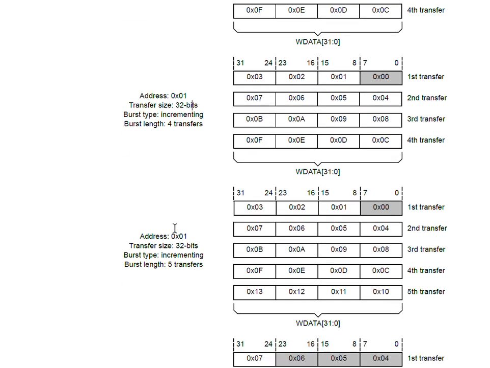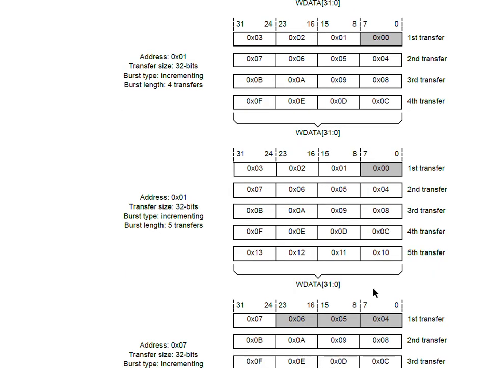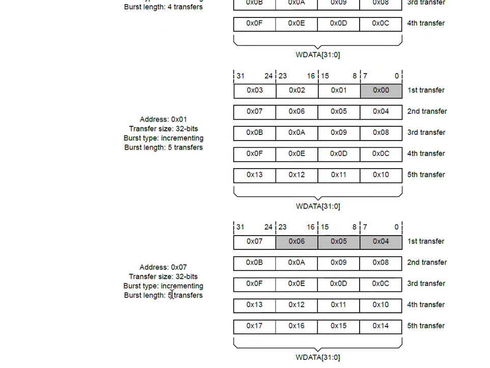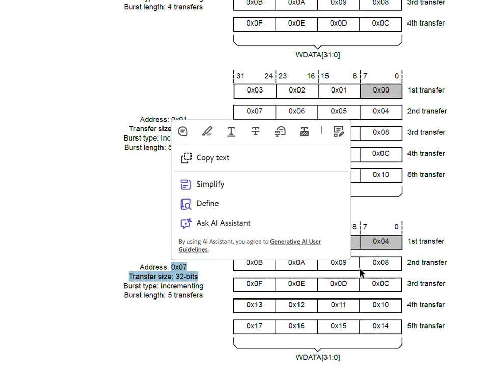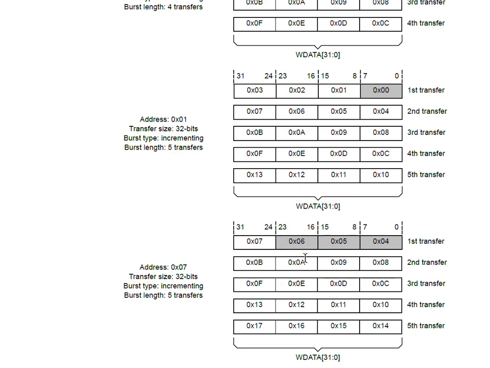In this case, we see that everything is the same except for the burst length, which is 5 transfers. So we just have another beat of transfer. That is the only difference here. And here we see that there are 5 transfers, but the starting address seems to be 7. So what exactly happens here is